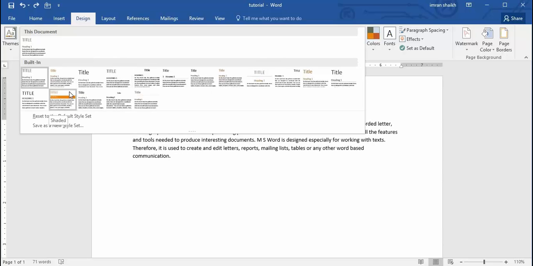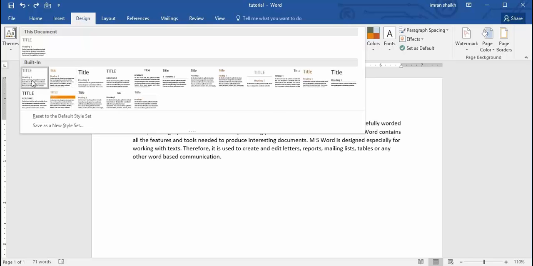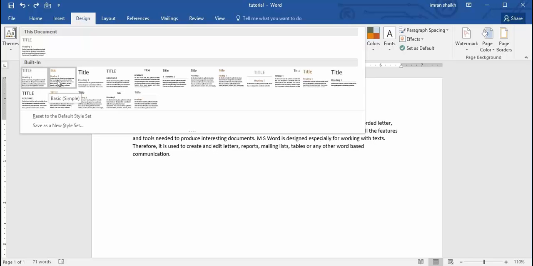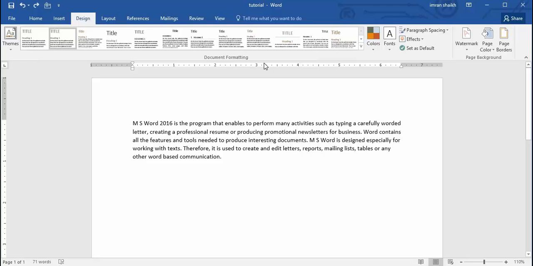Okay, MS Word 2016 has done each and every work of formatting text. They don't want their users to spend lots and lots of time in just formatting. So what they have done is they have given us some design themes or design templates which we can apply on our text. Okay, if you can see here, now I'm in my design tab, and inside my document formatting,